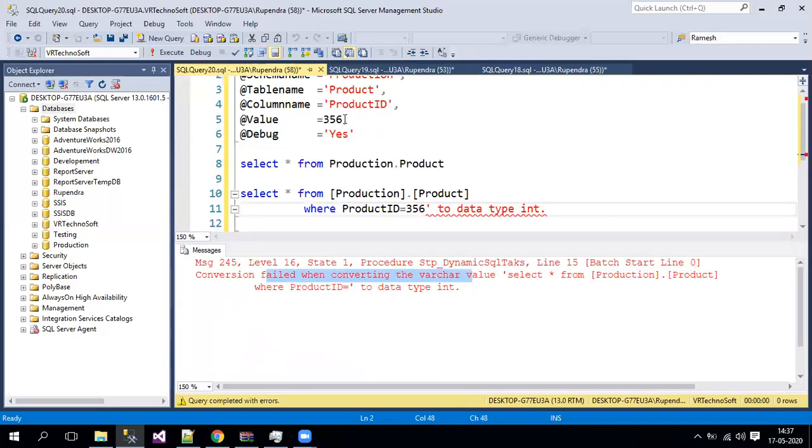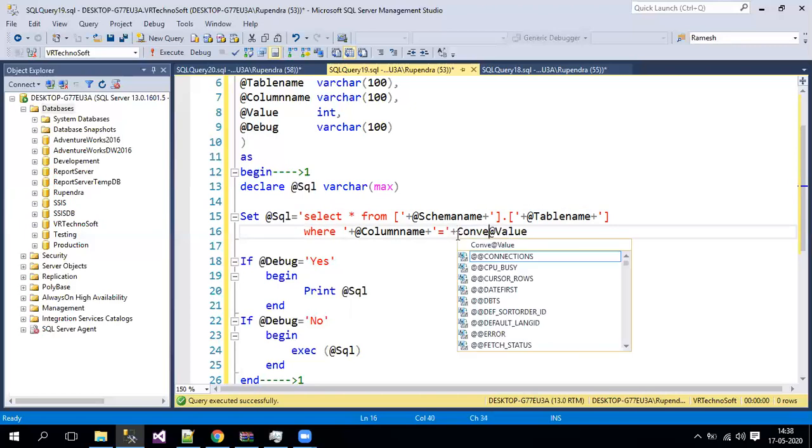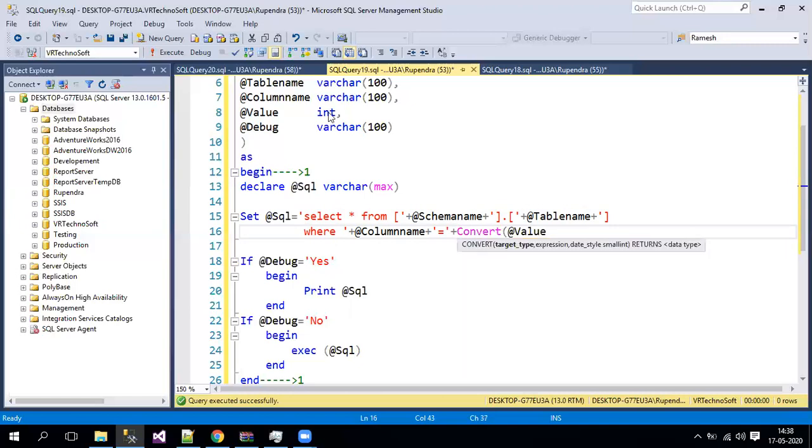So now what you need to do is, these 360, 356, we need to pass like a character. To pass it as a character, what we can do is simply convert it as a varchar, that's it. Because we should not ask the client to change the parameters, right? They are fixed parameters that they are always giving. So we'll just make sure it is an integer only while passing.